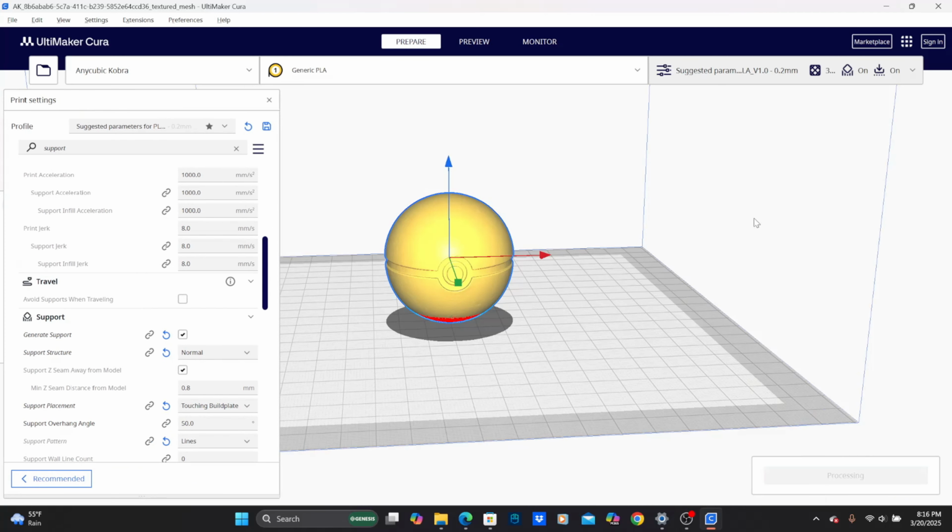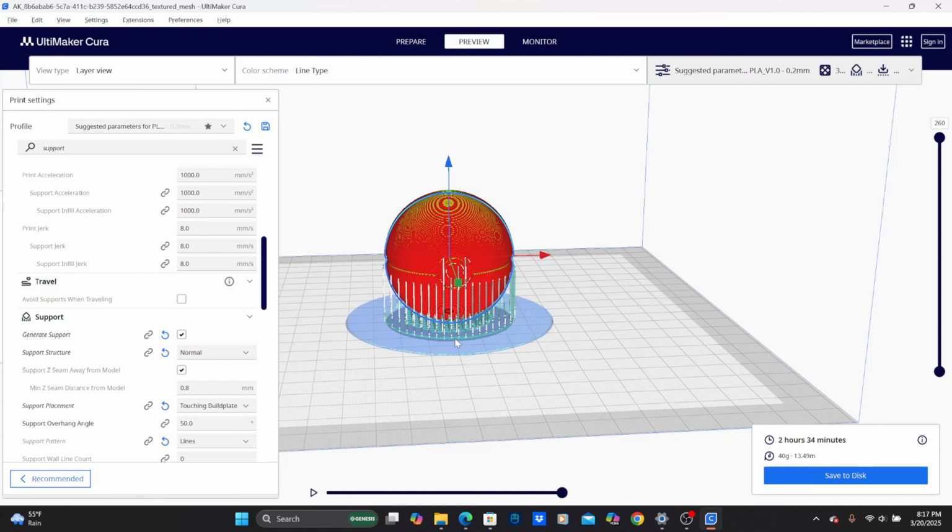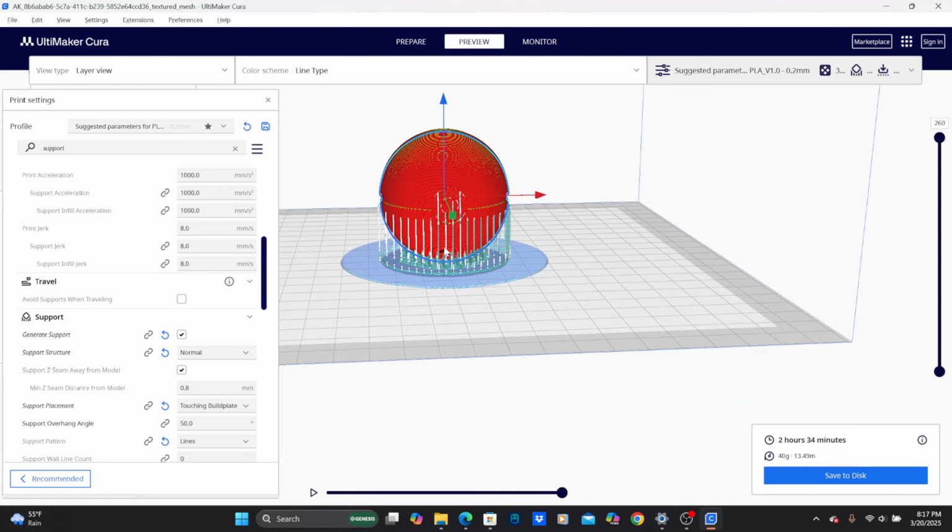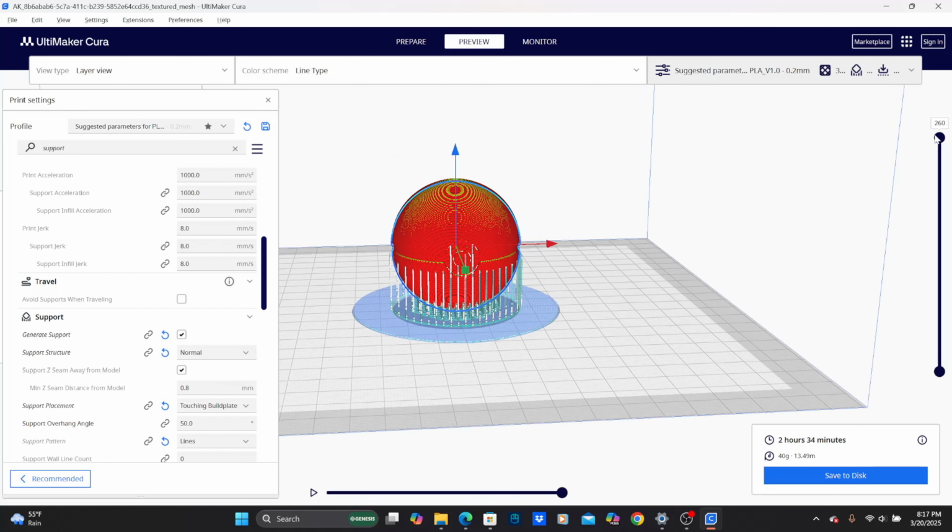Now I'm going to slice it real fast, let it load, and I'll show you a preview of what everything looks like. Yep, there it is. That's the build plate with the raft and everything and the supports, and you'll see how it starts to print it. And that's basically it. That's how you use AI